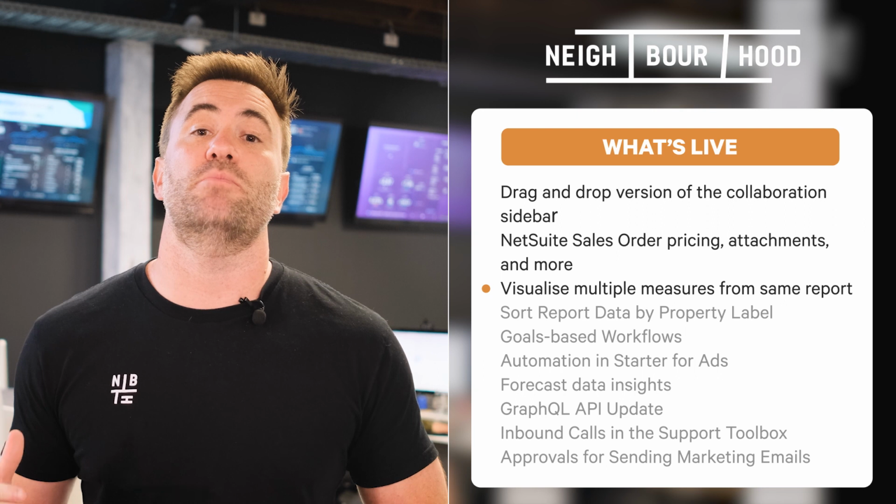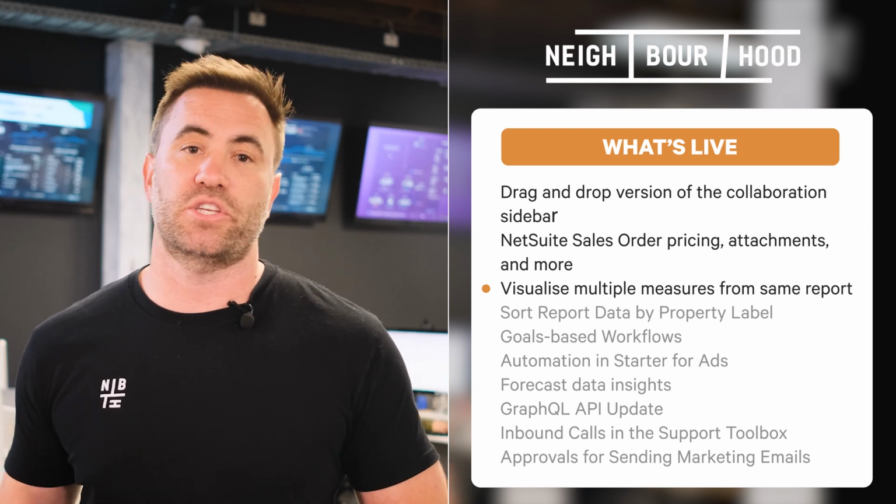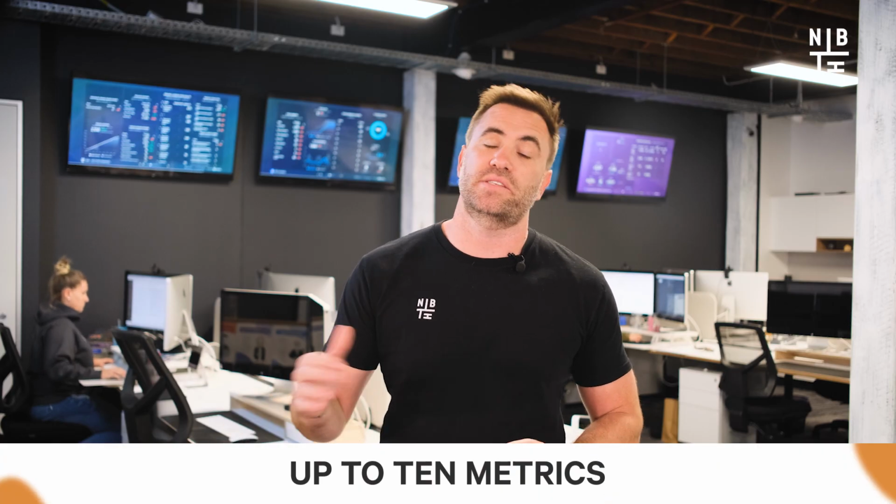If you're an advocate for top-notch reporting, then this new feature is for you. When creating a report, you can now insert multiple metrics from one XY chart. Previously limited to only one measurement at a time, users would need to produce several separate reports to showcase each metric. Now when reporting on measures that are broken down by the same dimension, you can add up to 10 metrics to the same report.